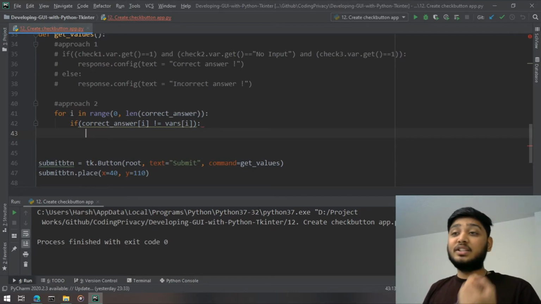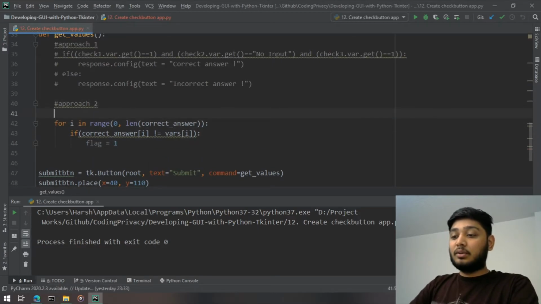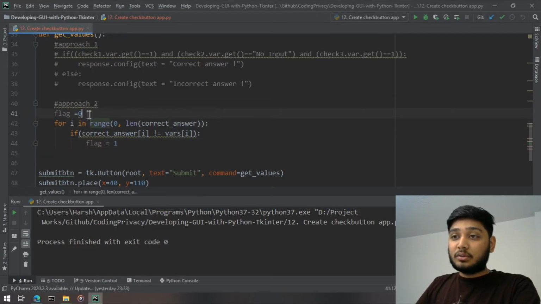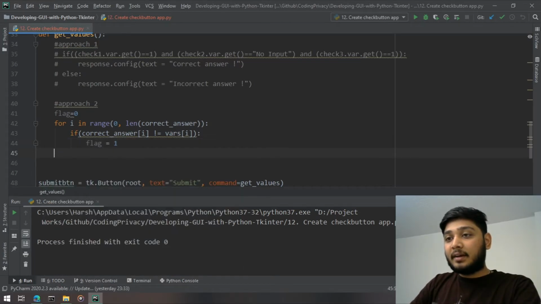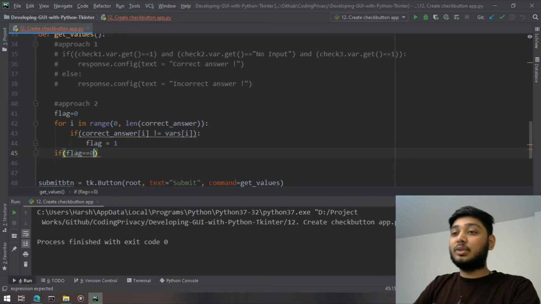But the moment it is not same, we are going to say flag is equal to 1. So here we are going to mention flag is equal to 0, and here we are going to say flag is equal to 1. Okay, so flag is equal to 1, and after that we are going to print it, and before printing we say if the flag is equal to 0.